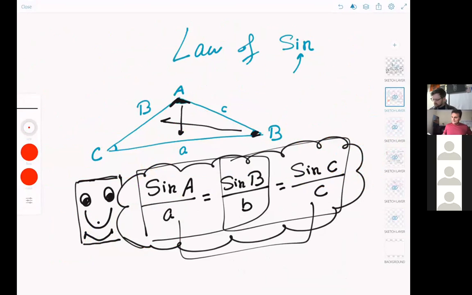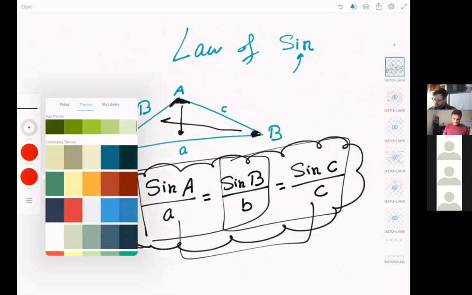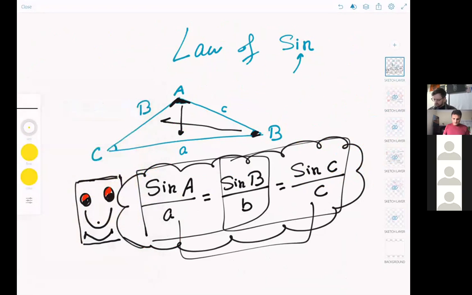And it's easy to memorize if you want. Also, we can solve this, so you don't need to use the Pythagorean theorem for this. There is another formula left that I will go over on Monday, which is law of cosine. Good. So law of cosine will be on Monday. If you have no question, you can